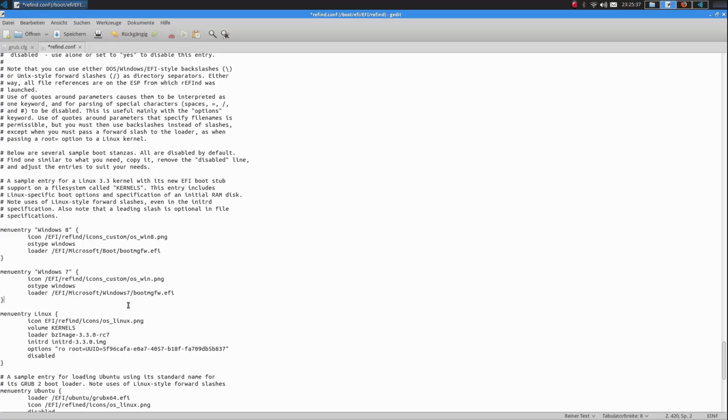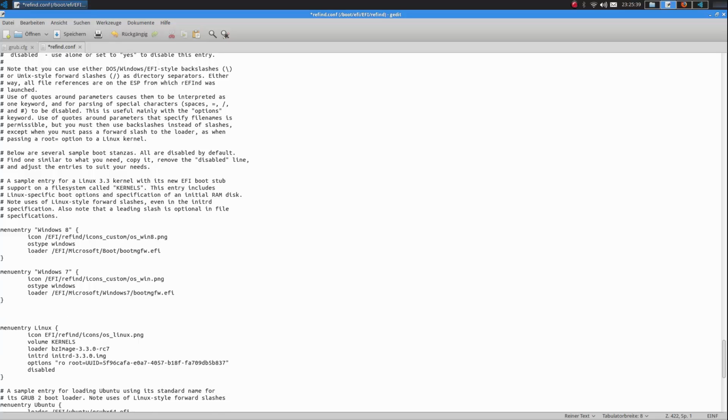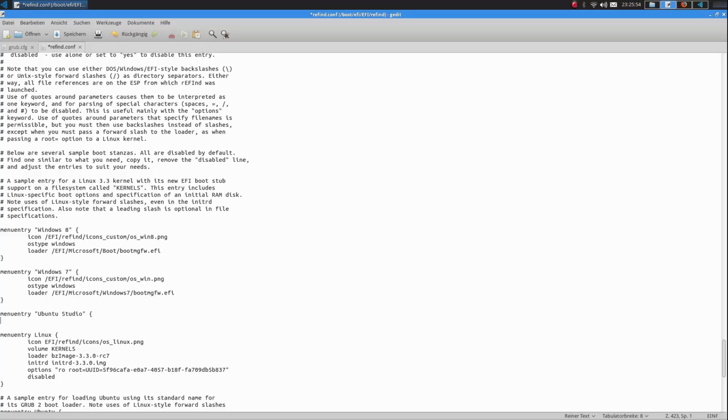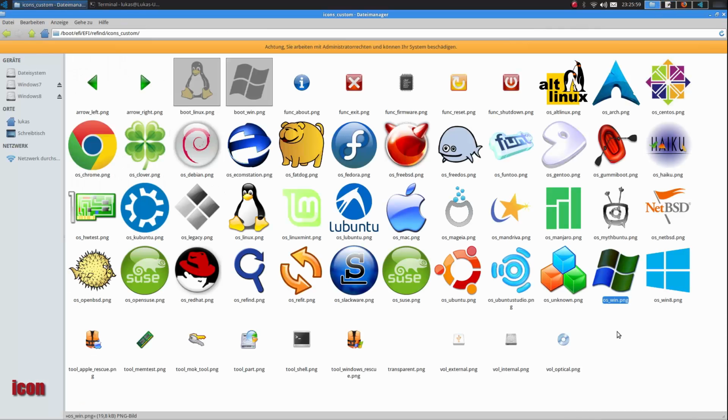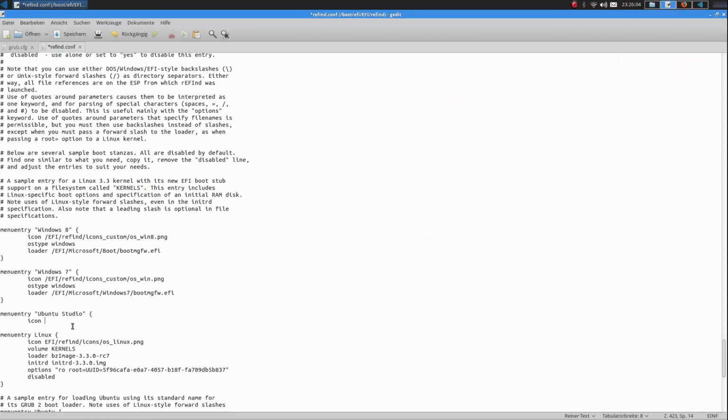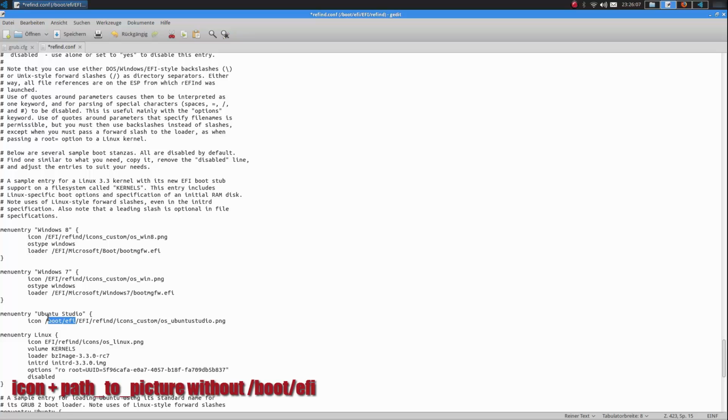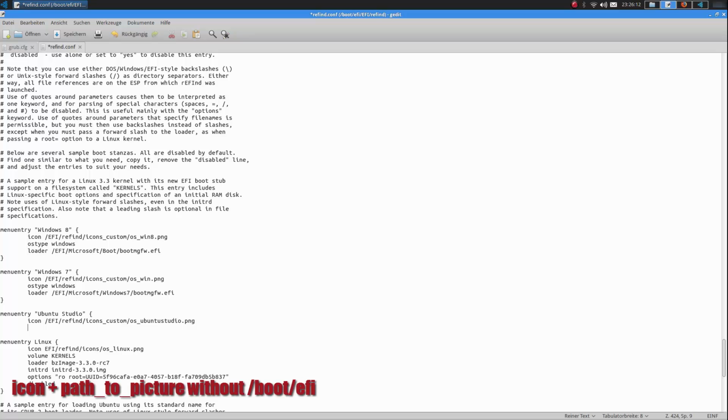And then the last thing we need to do is set up the Ubuntu bootloader. So we type menu entry Ubuntu, and in my case it's Ubuntu Studio, so I'll just type Ubuntu Studio. Then we specify the icon again first. So we copy its path, take away the first bit, then we type